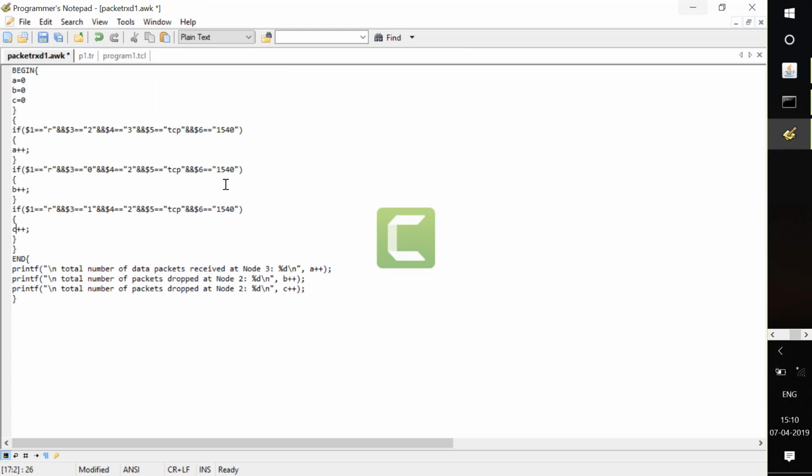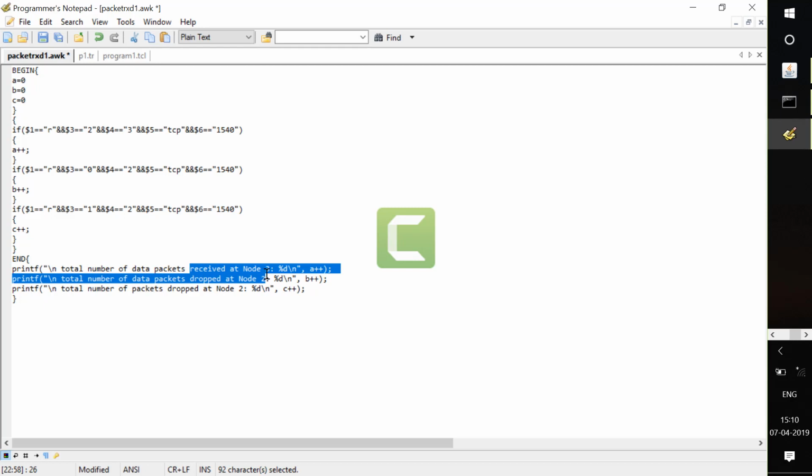That's why I have written here N0 to N2 and N1 to N2, meaning these are the packets received at node 2, but these are the packets that are sent to the destination. I will mention here total number of data packets